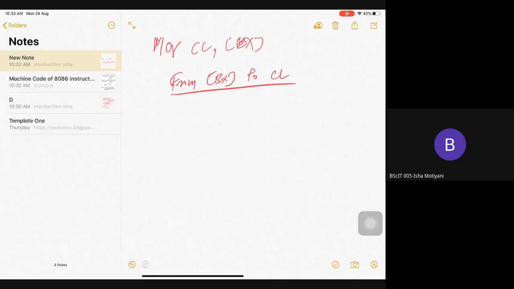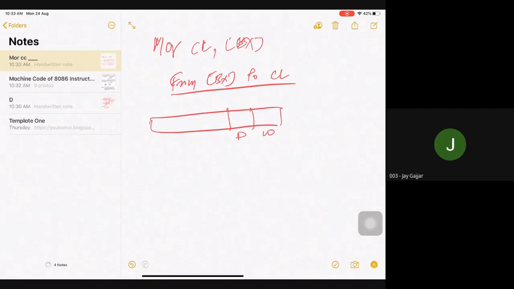Okay, this is my first 8 bits. This is my 6-bit opcode, this is my D bit and this is my W bit. Can you tell me what my W bit will be? Is it a 16 bit operation or an 8 bit operation?